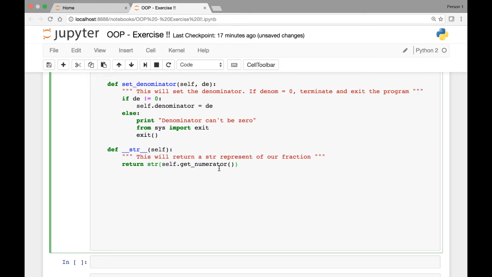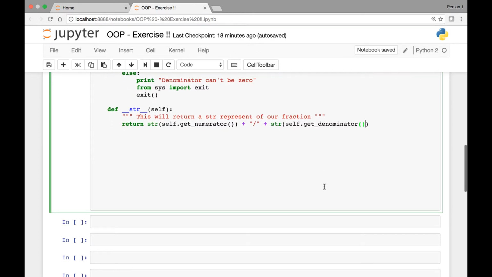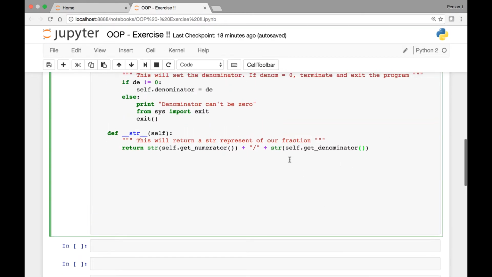So this method will get our numerator and then convert it to a string. So we have that plus divided by, and we'll do the same thing for our denominator. Once we get it, we'll cast it into a string. So self.get_denominator, right? And then we can,